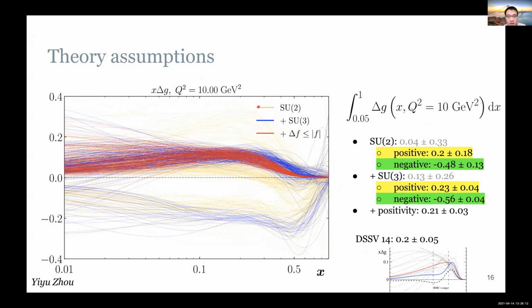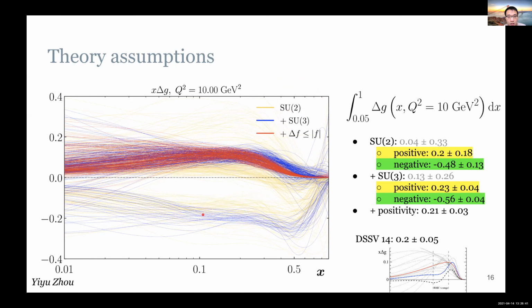Showing here in the plot, the yellow is the gluon that we get by implementing only the SU2 constraint. By the way, this all includes polarized DIS and jets. So yellow is when you have SU2 only, and then we add